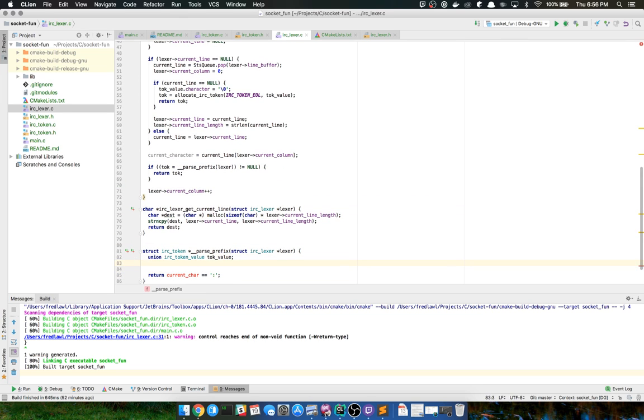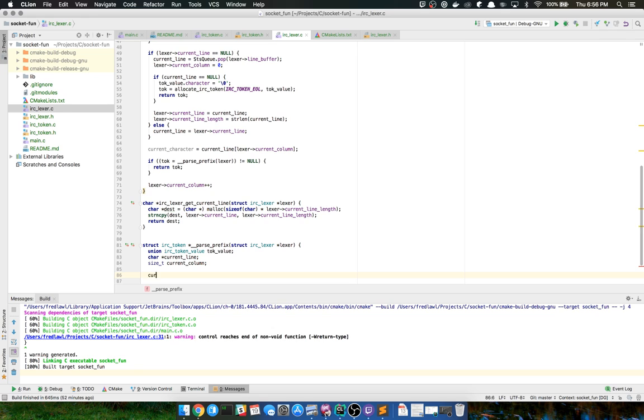Then I'll just essentially do what I was doing over here, get a copy of that line, and size_t current column, lexer current column.